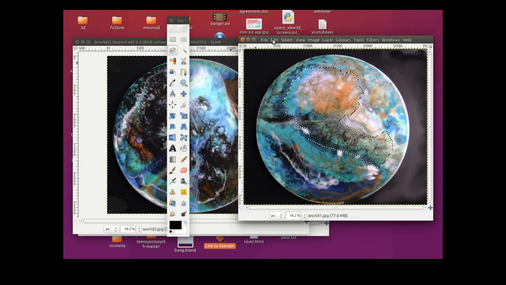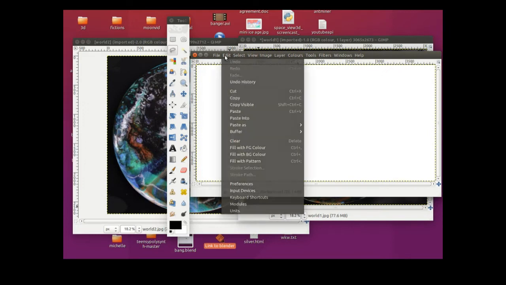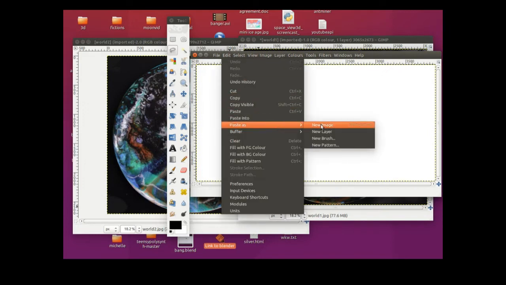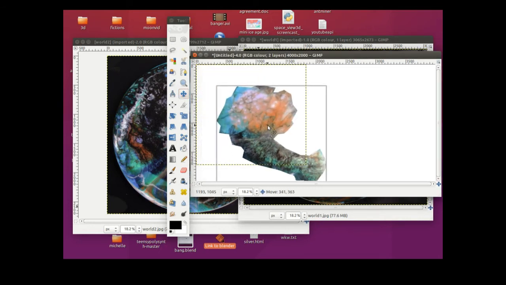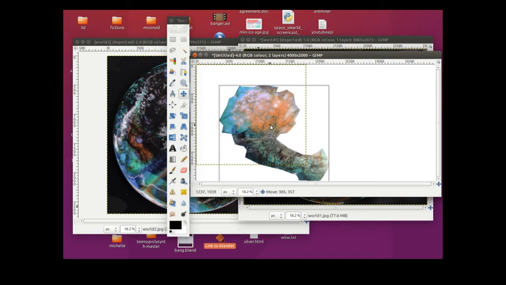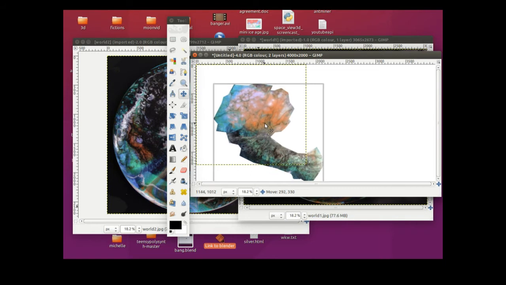There. Edit and copy. Go back to our edit, and I'm going to paste as a new layer, and there's a reason behind that. So there we have it, and we're going to do something like that. In fact I'm not, because what I'm going to do is I'm going to use this